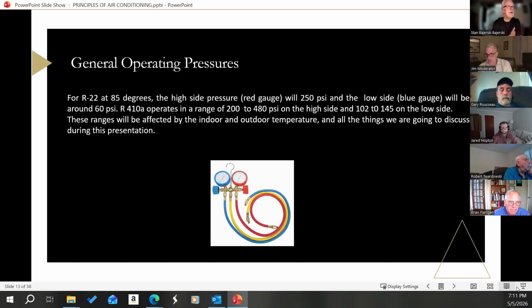R410 operates in a range of 200 to 480 psi on the high side and 120 to 145 on the low side. So it will fluctuate a little bit based on the load. These ranges will be affected by the indoor and outdoor temperatures and all the things we are going to discuss during this presentation. So there's a whole lot of things to take into consideration before you can say the system's working properly. I would leave that word out